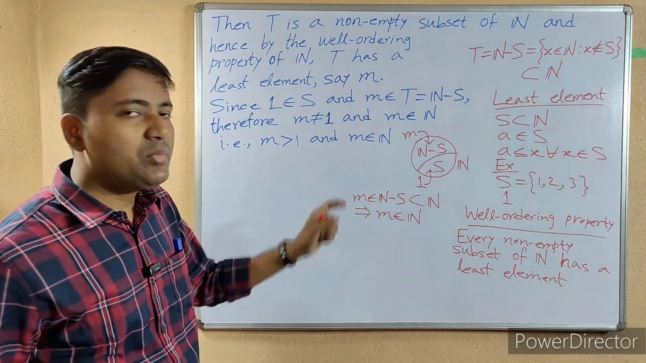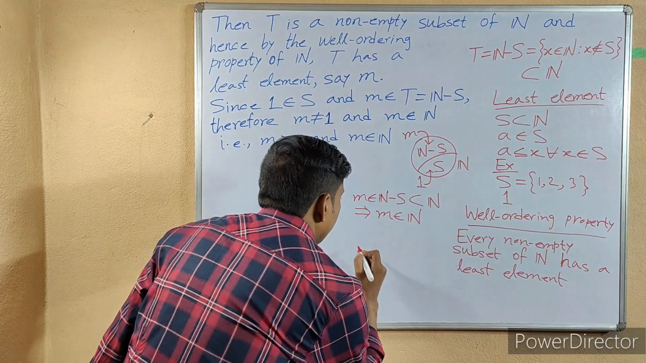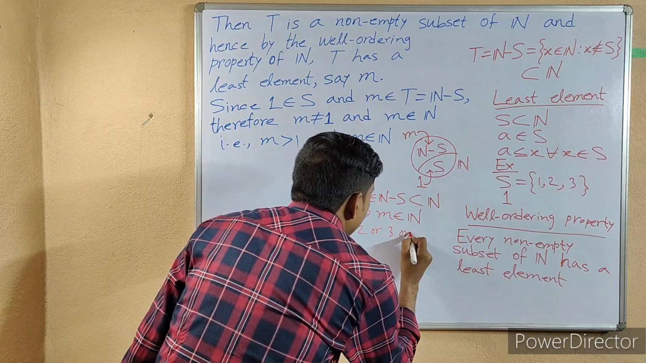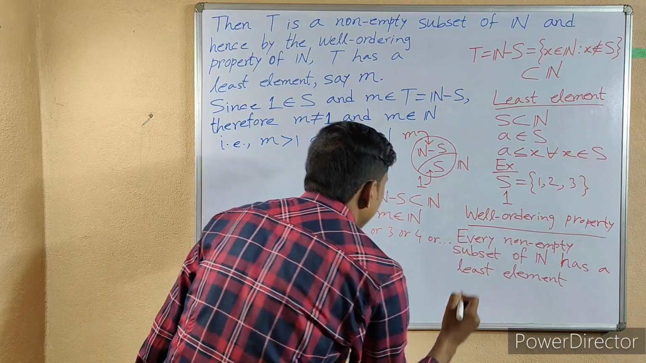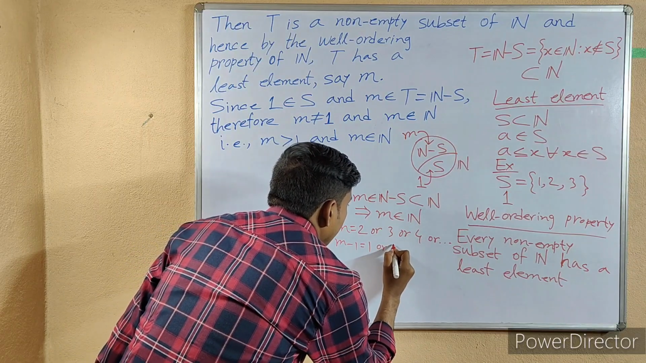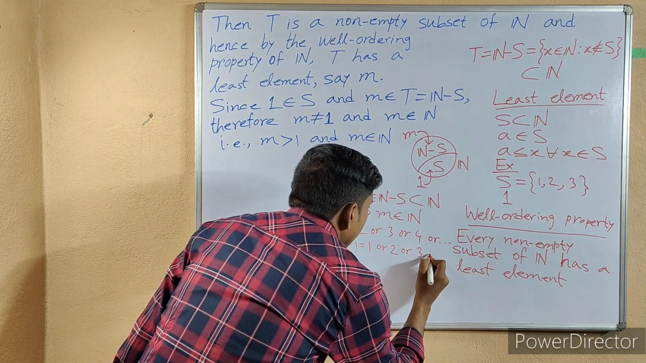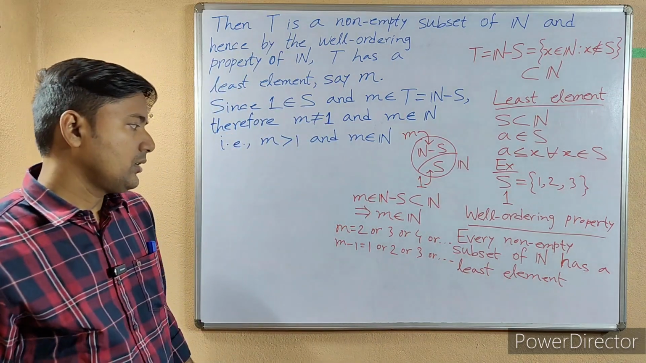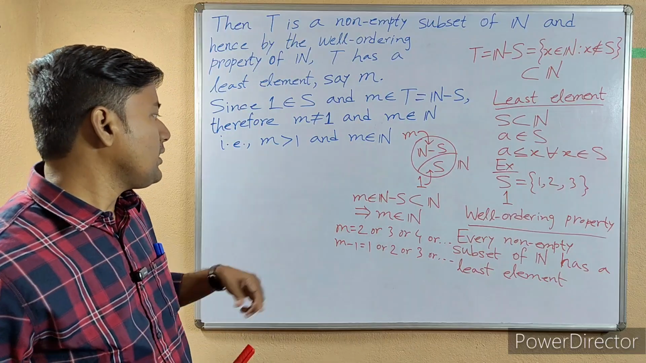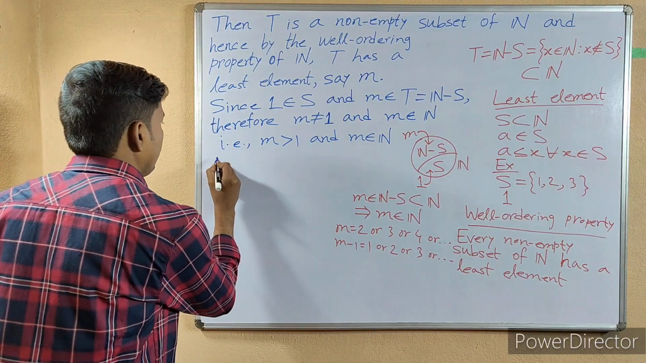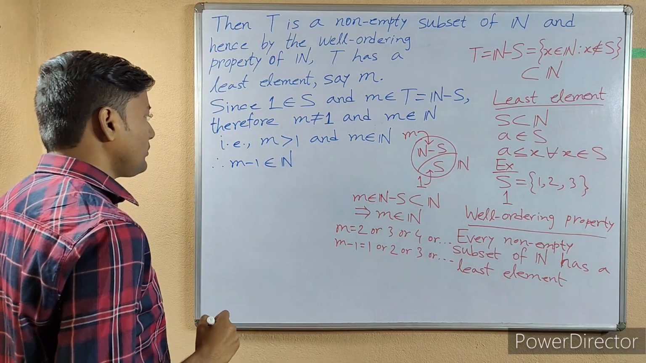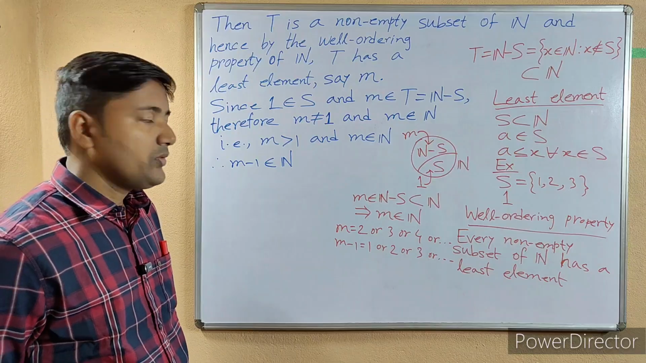Now m greater than 1 and m belongs to N means m equals 2 or 3 or 4 or so on. That is, m minus 1 equals 1 or 2 or 3 or so on. Clearly m minus 1 belongs to N. So from here we can say m minus 1 belongs to N. Therefore m minus 1 belongs to N. Okay, hence